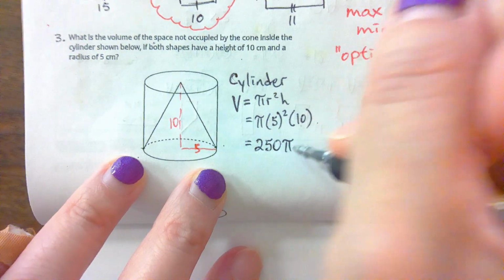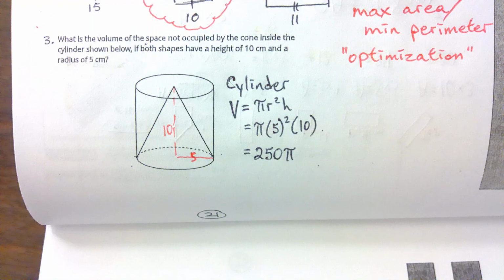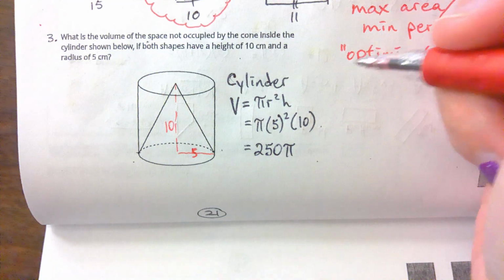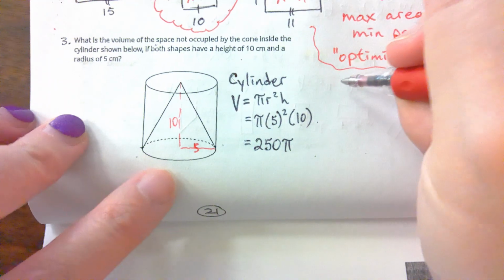I'm not gonna calculate the 3.14 just because I'm comparing two shapes. You'll see in a second. It's a little easier to see why. If you times it by 3.14, that's fine as well. Okay, and then the cone,